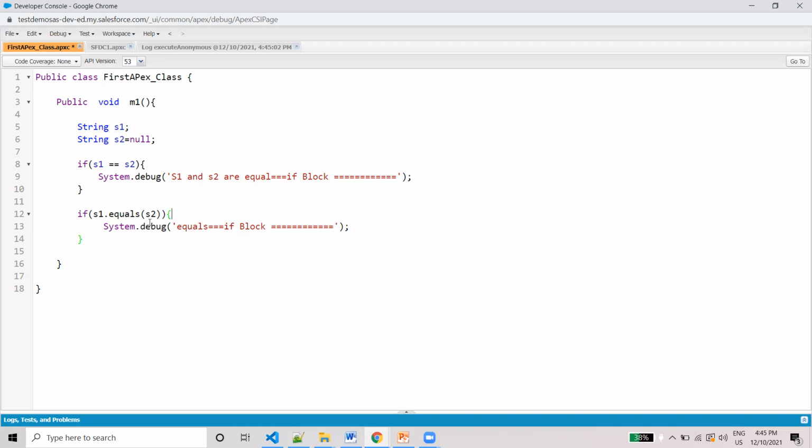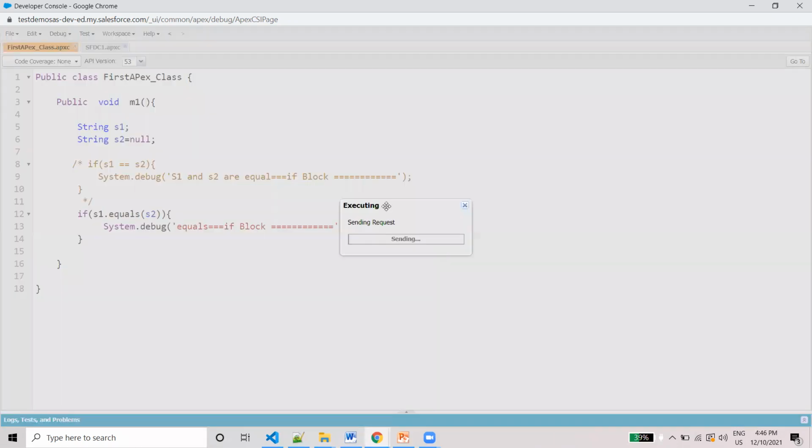I'm going to save this one and run again. Meanwhile, I can comment this one out for better understanding. You can see now you are getting the attempt to dereference a null object exception.